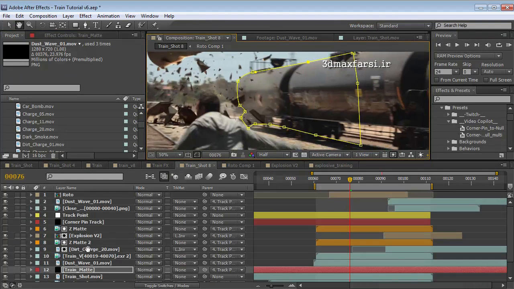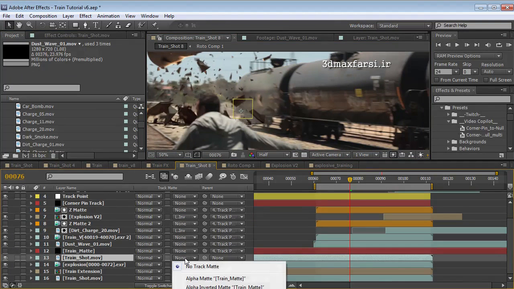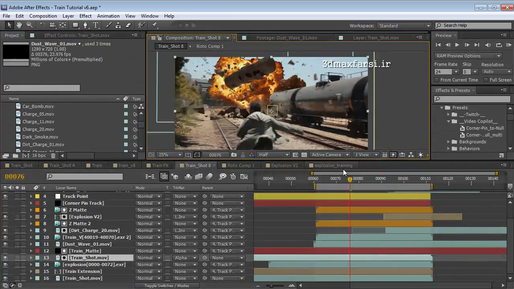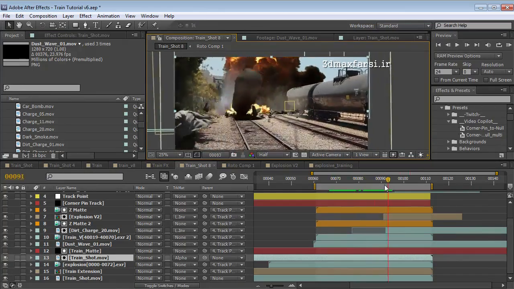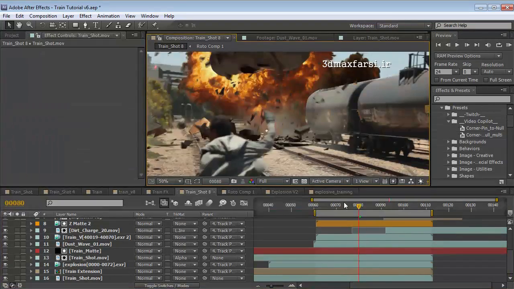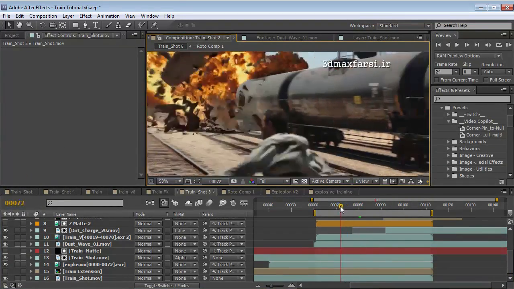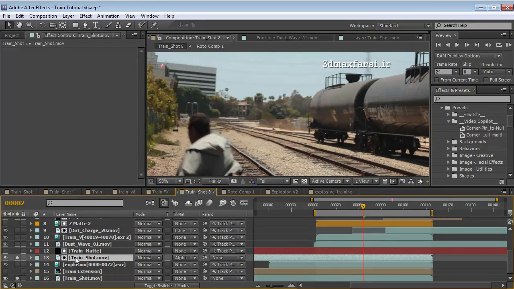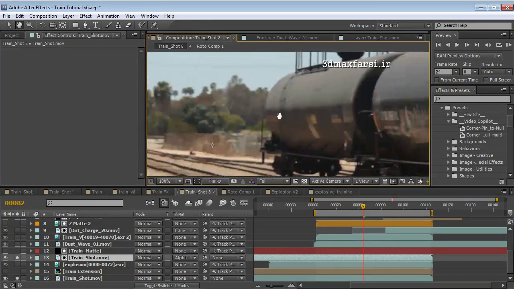Okay. Then we take the train shot and set it to alpha matte. What that's going to do is put our train in front. All right, so you can see the basic idea. The explosion is now pretty much behind the train car, but we probably want to work on this mask a little bit more. So let's solo the layer, and then we'll zoom in here